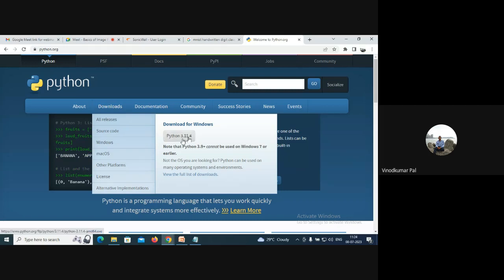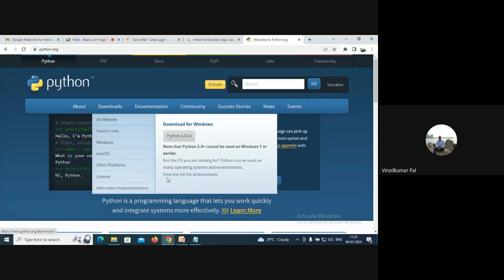If you want to do any operation on images, then any version above 3.7 is very satisfactory. Or you can download the latest one, or if you want to see the full list,